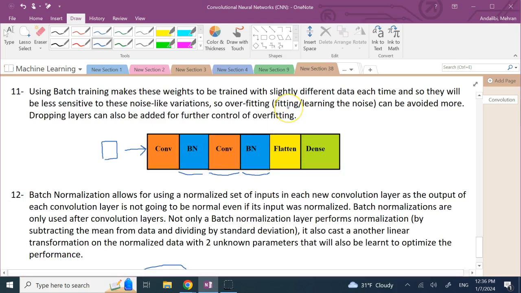Okay, so now, because we are doing it in batches, that provides some help. What is that? Well, since we are doing it in batches, every batch is a little bit different than the other batches. So, basically, with these variations that you have in different batches,